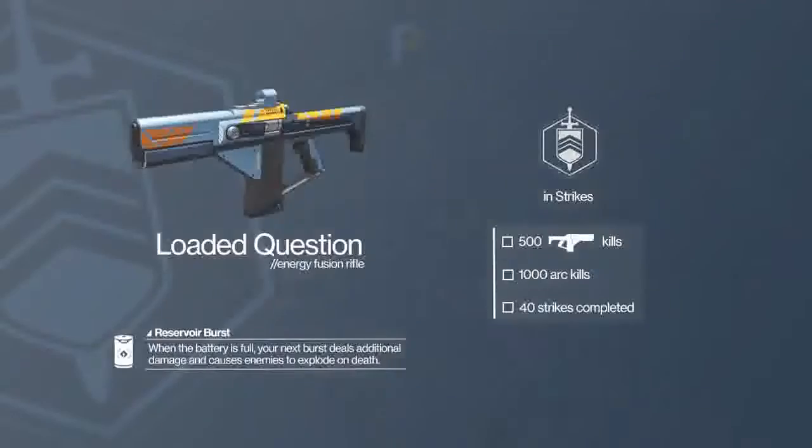Next, the Loaded Question Fusion Rifle. I gotta tell you, in the Vooping department, miss me with those that fire fast and hit soft. I like Voop rifles that hit harder than a Vegas hangover, and the Loaded Question does not disappoint. 95 impact and a member of the high impact frame family, the Loaded Question does fine in PvP and more